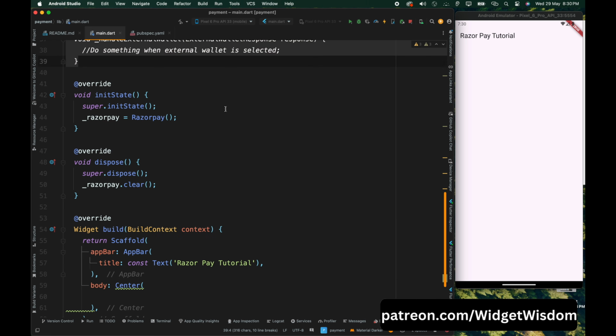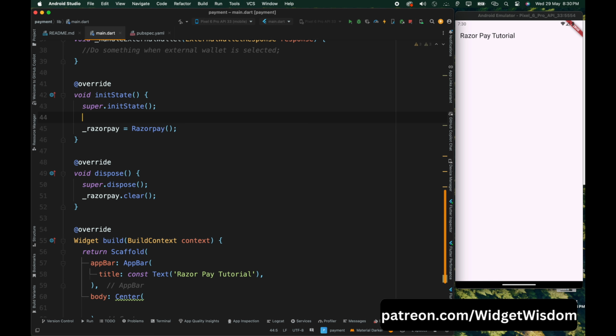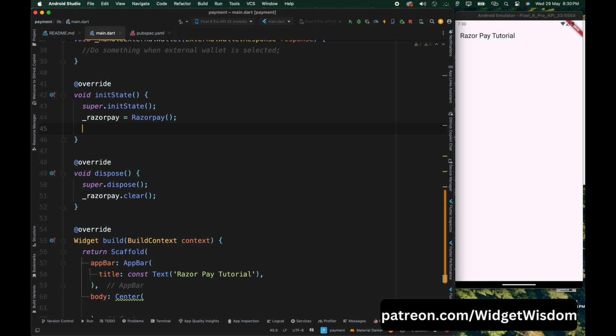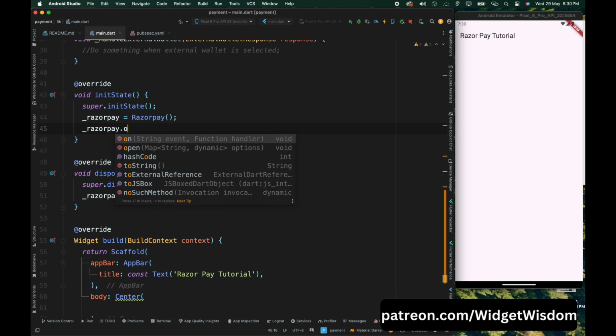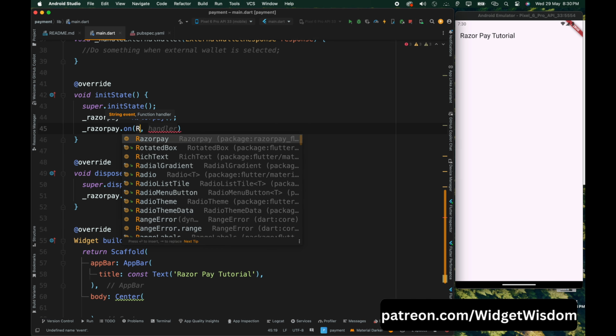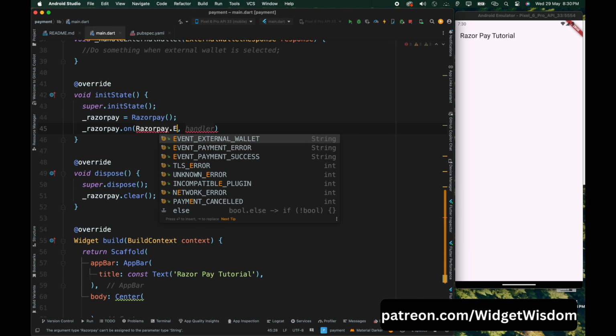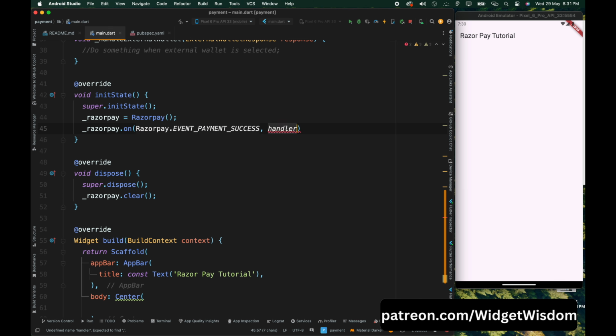Now we need to call these methods in the initState method. So come inside the initState method, and here we need to add the listeners for the payment success, payment error, and external wallet response. Let's first add the listener for the payment success, by calling the on method on the Razorpay variable, and pass Razorpay.EVENT_PAYMENT_SUCCESS as the first argument, and the handlePaymentSuccess method